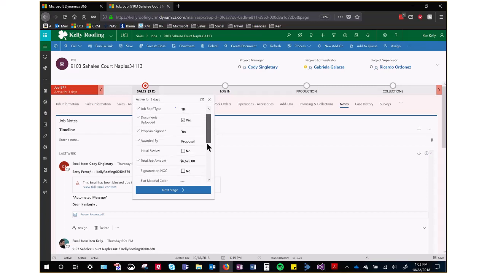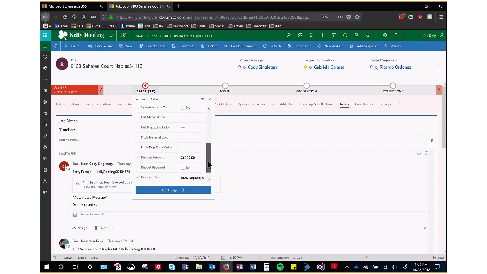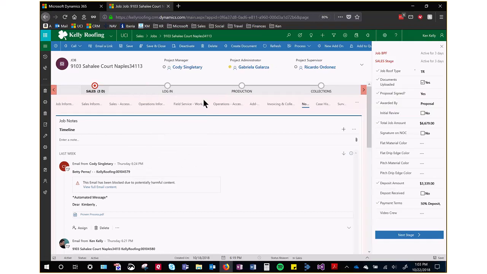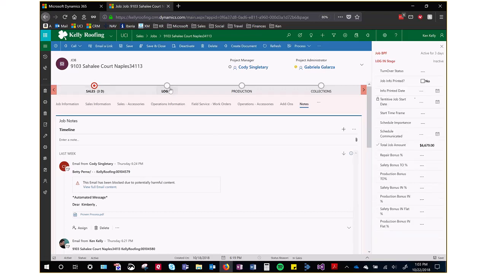Instead, you have to click on them and then it drops this box. Now, Microsoft knew that this is something that a lot of people use frequently, so they have this little pin option right here, and when you pin it, it's going to go ahead and always keep it on the side. So when I change to the next section of the business process flow, the fields necessary are going to be